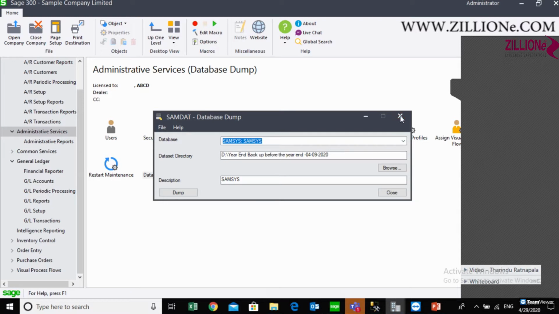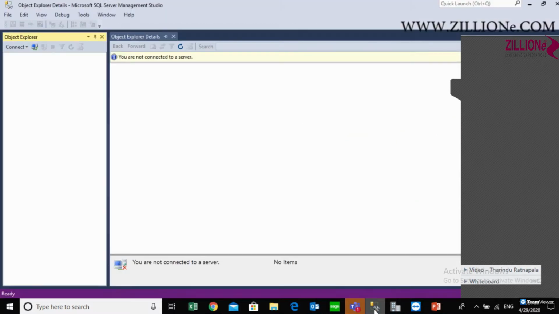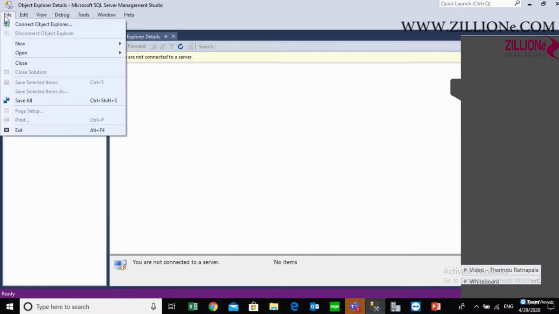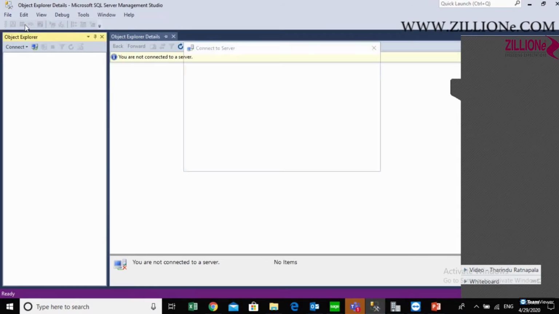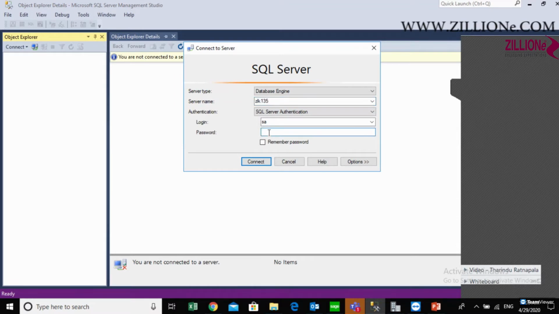Then there is the other way to do the year end backup. Go to the SQL and put your SQL password.